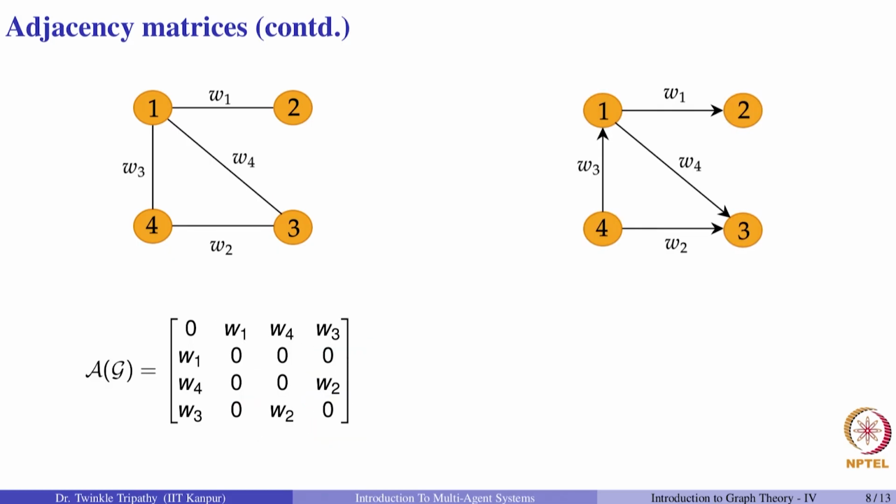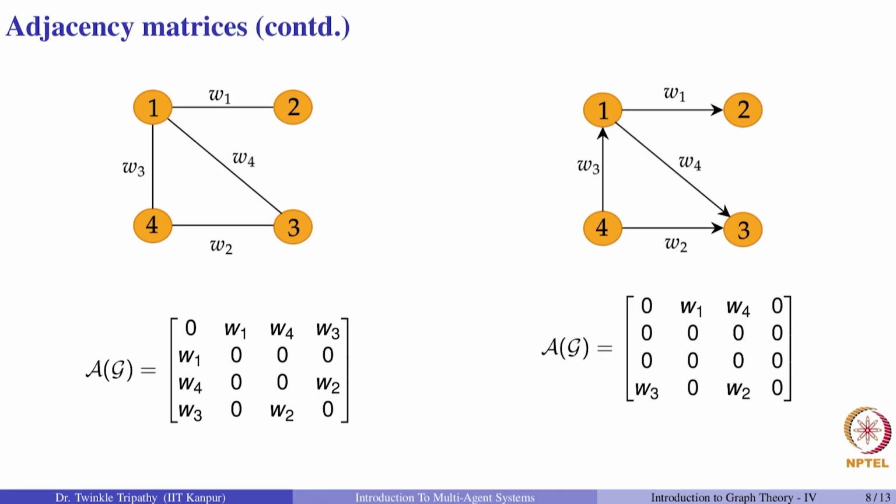Again, the notion follows directly to digraphs, and in this case it should look something like this. So, we can just quickly cross check some of the entries. Let us look at the entry 4 cross 3, meaning we should check if there is an edge from 4 to 3. We see that there indeed is an edge whose weight is equal to 2, which is substituted here. Similarly, if we look at the entry 2 cross 4, so we are looking for an edge from 2 to 4, we see that there does not exist any edge from 2 to 4, hence this entry is 0.